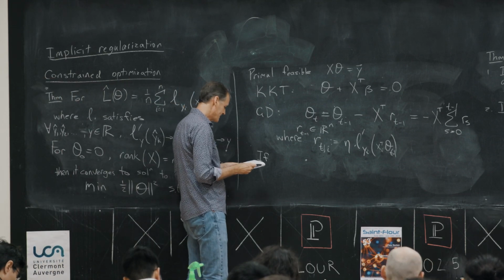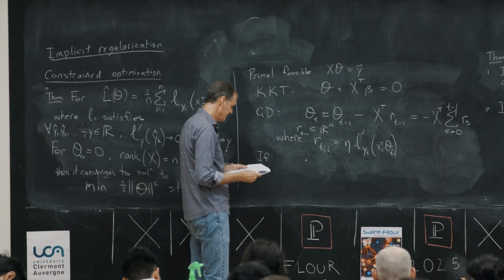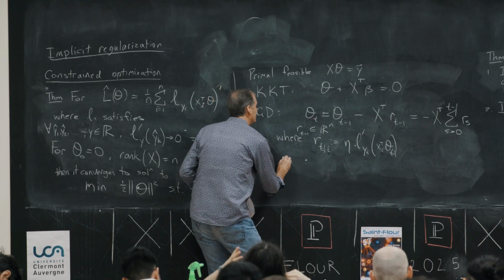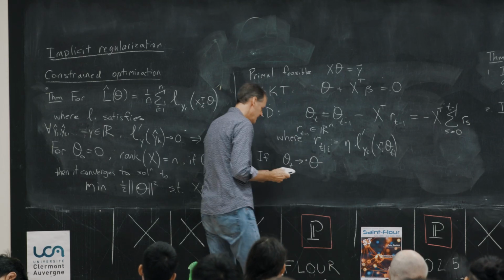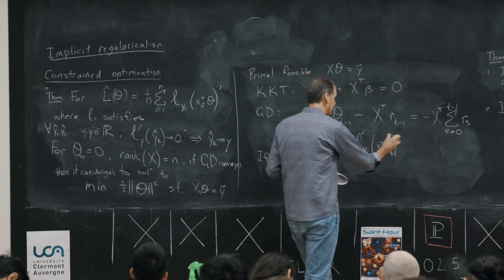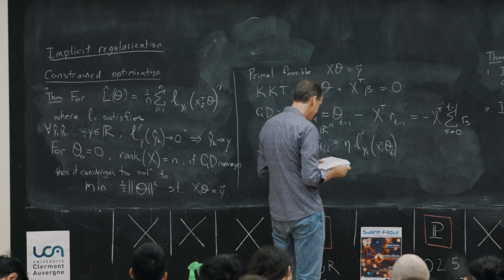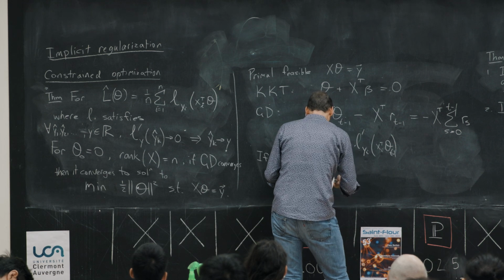Certainly for small enough step size, this is easy to prove, but if gradient descent converges to, let's say, theta, then because it's rank n and a 1-to-1 mapping here, then theta t